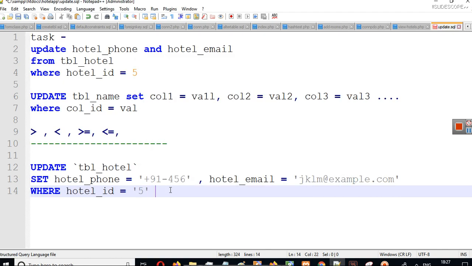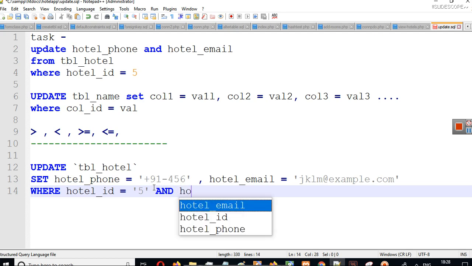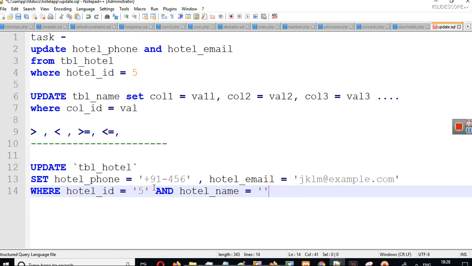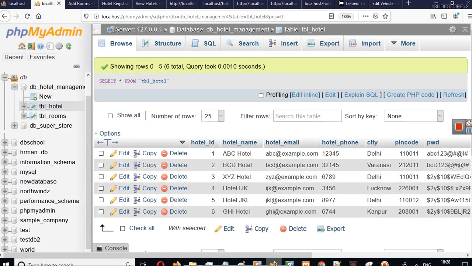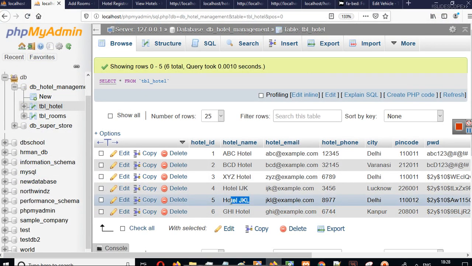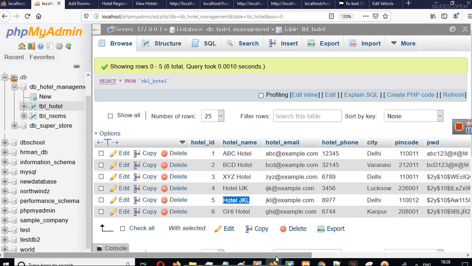Now suppose you have two conditions in where. We have one condition right now, where hotel ID is equal to 5. You can write two conditions: where hotel ID is equal to 5 and hotel_name is equal to, suppose you want one more validation, hotel name is equal to hotel JKL.